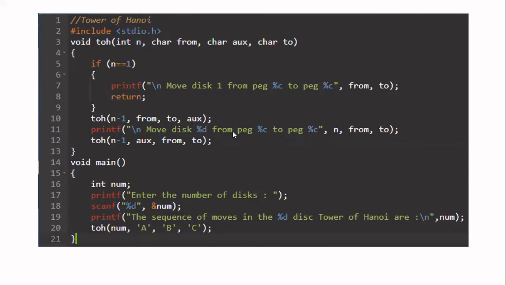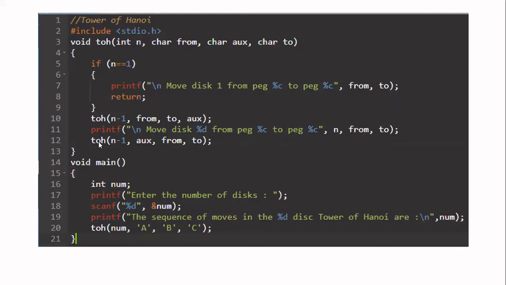So now what are you going to print for these 3 variables? For the first %d, you have to print n because you are going to move the nth disk. With respect to that particular function call, what is n? That only. For example, if you are calling this function with n equal to 5, n is 5. If you call n as 4, n is 4. In that particular call, whatever the n value is, that you have to print. Okay. Then from disk to disk. So in the from part, you write from, and in the to part, you write to.